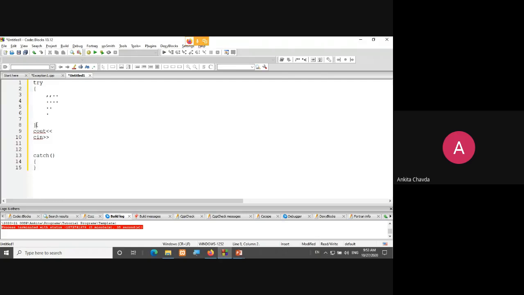In between the try block ending and the catch block starting, nothing should be there. Once your try is finished, directly the next line would be catch. Nothing will be in between these two. After this catch, you can again continue with your normal statements, but in between try and catch, you don't have to write any statements.